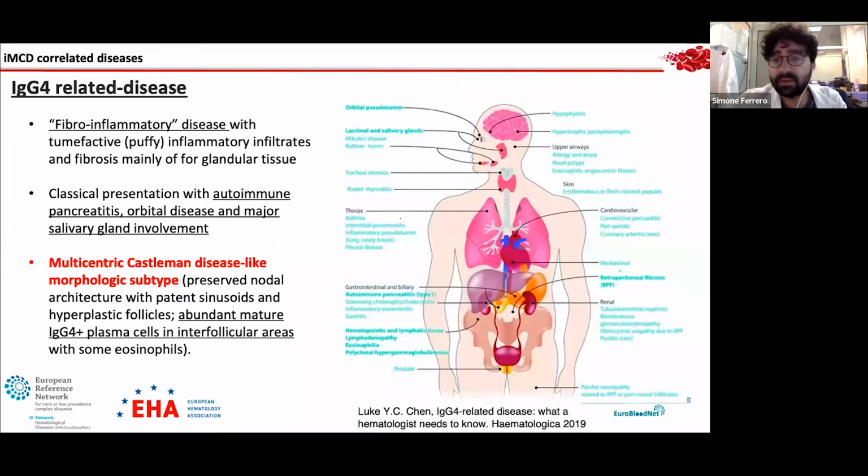What about IgG4 related disease? This is a rare fibroinflammatory disease characterized by tumefactive inflammatory infiltrates in fibrosis of glandular tissues. Classical presentation of IgG4 related disease can be with autoimmune pancreatitis, retroorbital disease, pseudotumor, or a major salivary gland involved. Sometimes there could be a Castleman disease-like morphologic subtype. So the histological report may suggest multicentric Castleman disease. It is characterized, the histological report, by abundant mature IgG4 positive plasma cells in interfollicular areas. So the diagnostic criteria of Castleman disease that I presented before are very useful to differentiate Castleman idiopathic from IgG4